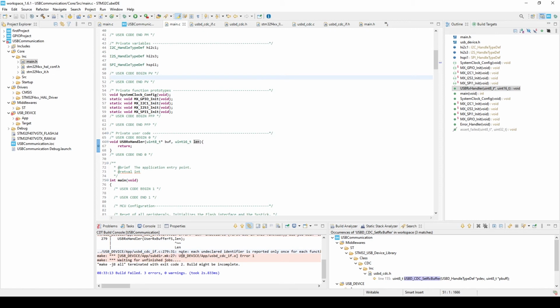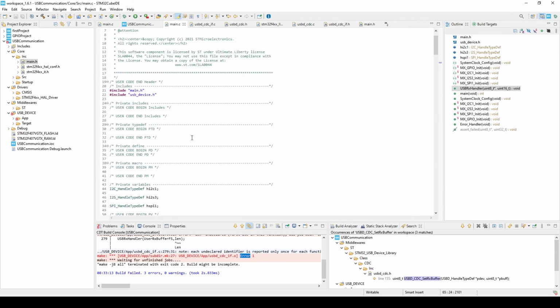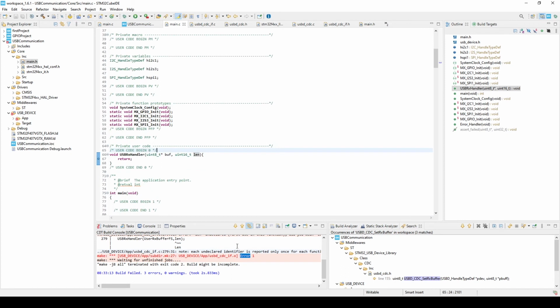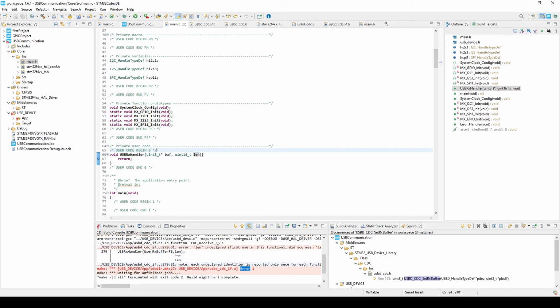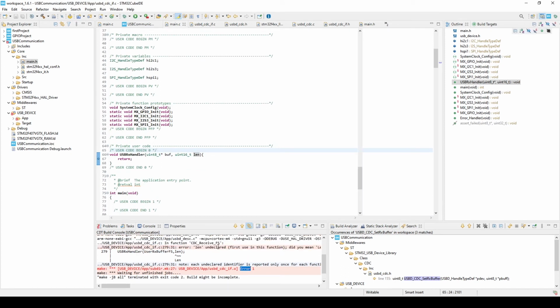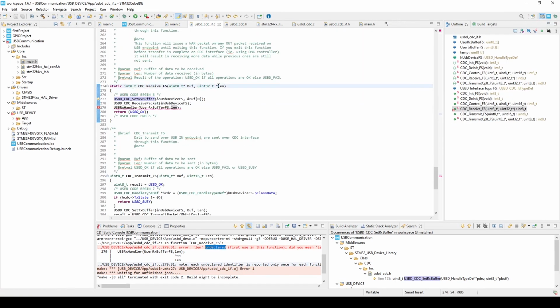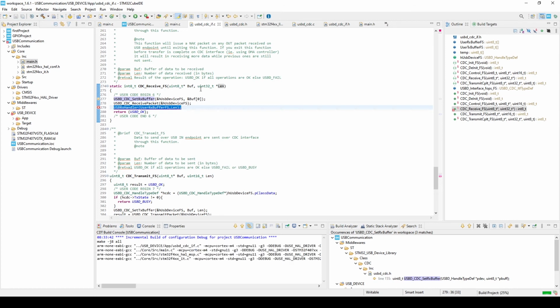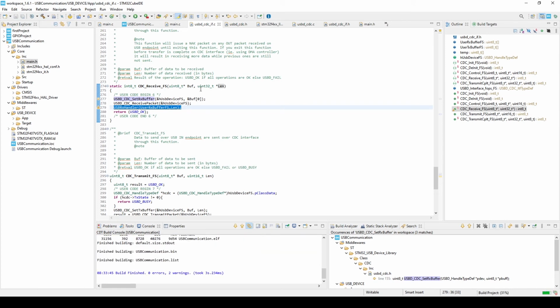What happened? So len undeclared first using this function. Oh, sorry, it was len and it's the address of the len. So probably we need to change something here. Let's try. Okay, it's working, but